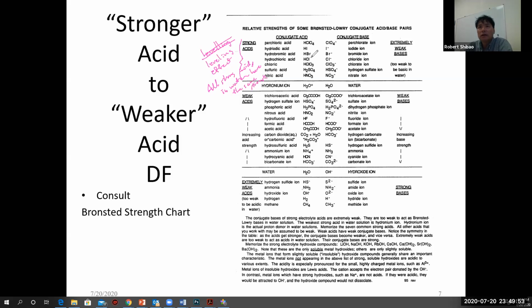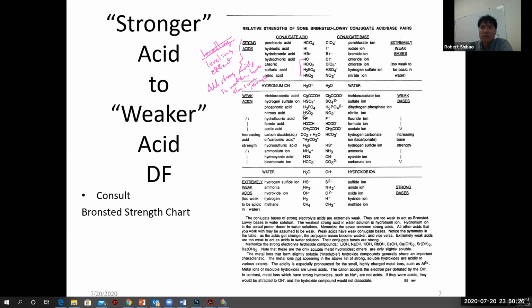And so, say HCl versus HNO3, HCl is a stronger acid, but you put both of these in water and then they become equal. When we get to Bronsted, I'll talk about why Bronsted acids and bases. But for right now, if we're going from HCl to HNO3, that's not a driving force. So if we're going from any strong acid as a reactant to any strong acid as a product, that's not a driving force. We have to go from stronger to weaker.